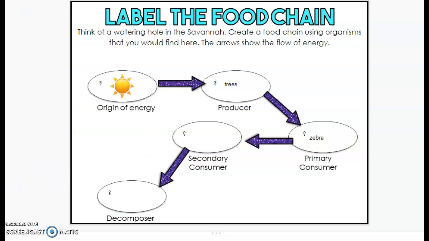So that is what they would consume. Type in cheetah. And finally, we have the termites that are decomposers. After you have filled out each one of these sections,